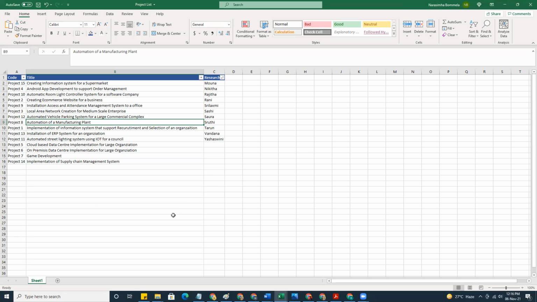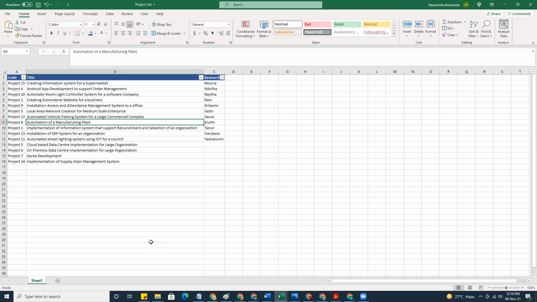Okay, let us assume that it is a small organization and we do not have any computer network infrastructure available. So we start from the scratch. We create computer infrastructure for the organization. We create database systems. We create an information system that holds resumes, that describes the jobs that are available in the organization, and that collects the resumes online, and it helps the processing of recruitment and selecting an employee for the organization.